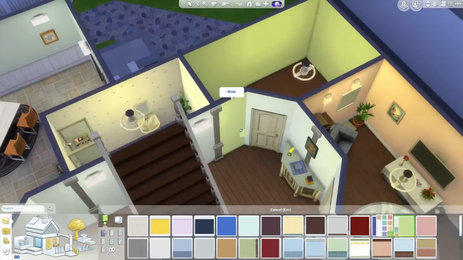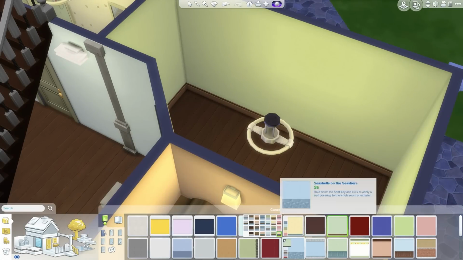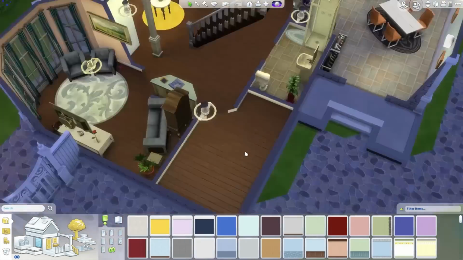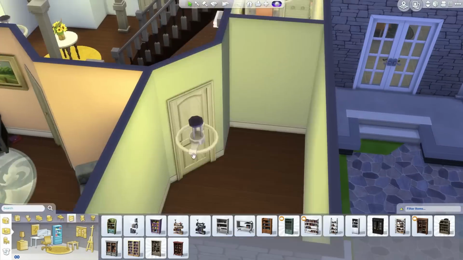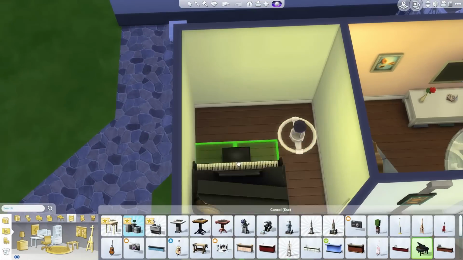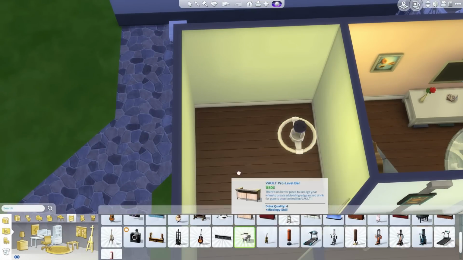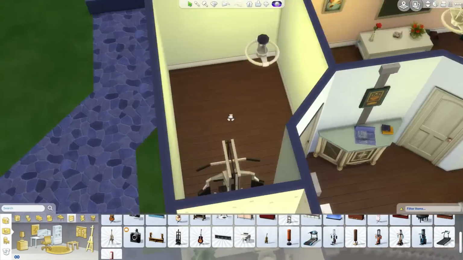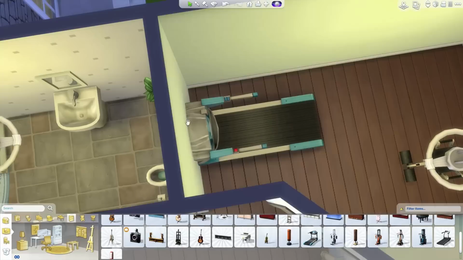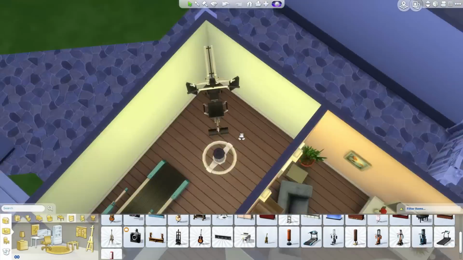Now, this room that we created when we split the living room, or the former living room, in two, this becomes the home gym, and I actually like it, honestly. I was thinking it could be a study to begin with, and then I realized a gym is probably the better option. And I really wanted to get those 2 exercise machines in there, but I